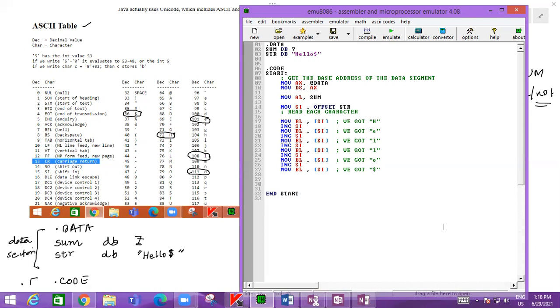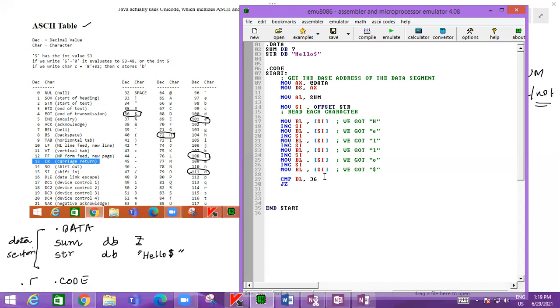Okay. So whenever we get a dollar sign, we have to keep comparing. Compare the character we are loading in BL to the dollar sign. What is a dollar sign here? Dollar sign corresponds to 36 decimal, or 24H. So compare this with the dollar sign, that is where you have ended. If the zero flag is set, that means yes, it is true.